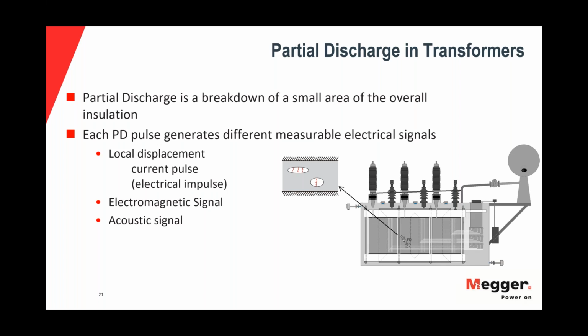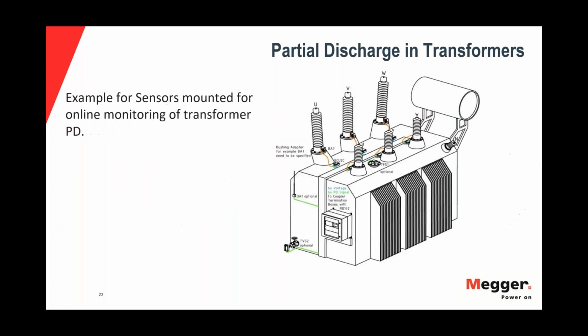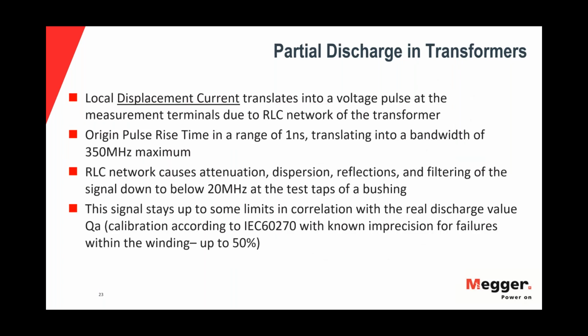Now, using conventional methods, I'll talk about three methods. Conventional methods using a coupling capacitor, using an electromagnetic signal, or using an acoustic signal. So here is a diagram example of sensors mounted on a transformer for online monitoring. As you can see here, for example,